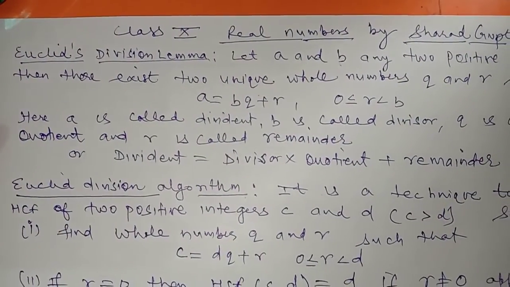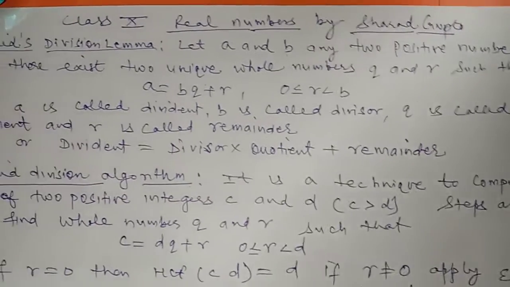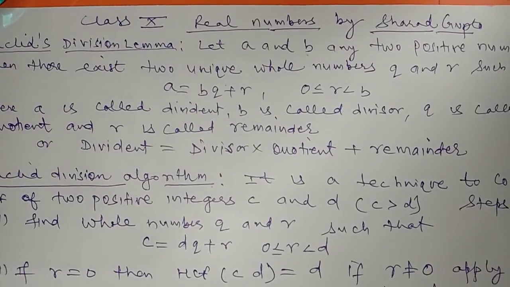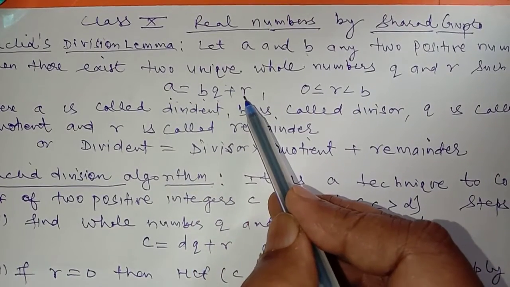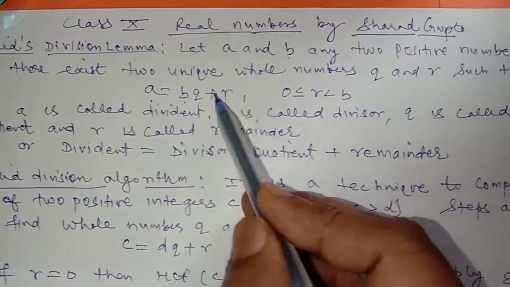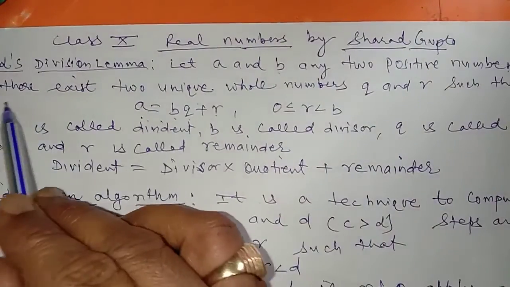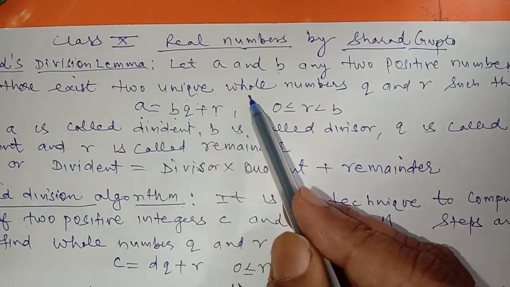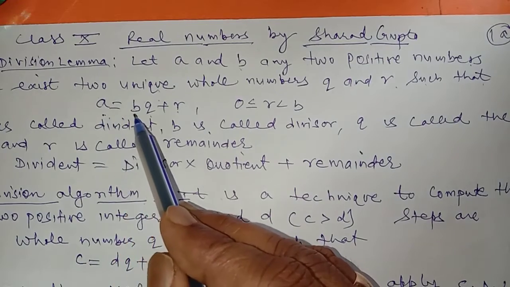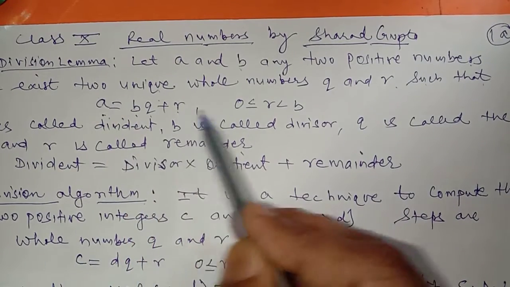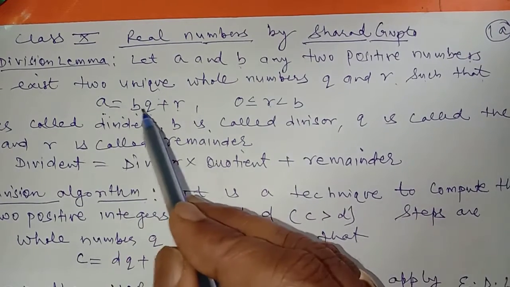Euclid division lemma. This is basically the formula you have already done in the lower classes: dividend is equal to divisor into quotient plus remainder. The same thing is here. Let A and B be any two positive numbers. Then there exist two unique whole numbers Q and R such that A is equal to B into Q plus R, where R is the remainder and the value of the remainder will be 0